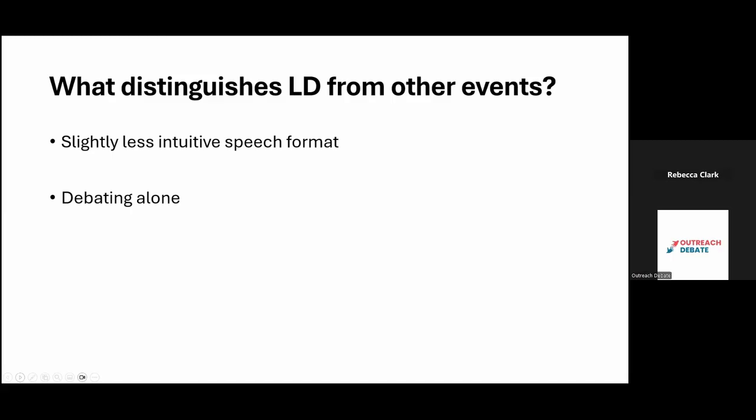Plus, when you're working as an individual, that's another person that can't be sharing the prep burden and the workload. So as an individual, yes, you get some level of independence, and you don't have to rely on a teammate who could potentially drag you down. But on the other hand, now you don't have somebody to support you along the way, and you don't have somebody to share the work with you. So this can definitely be a deal breaker for a lot of people when considering doing LD debate.